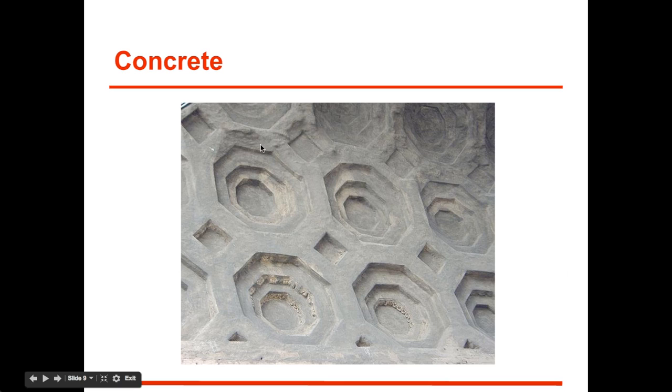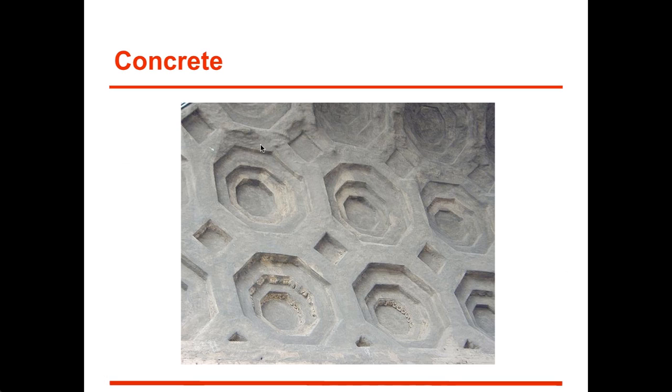Concrete. Concrete may not seem that impressive, especially as we have all of our buildings made out of steel and other seemingly more impressive substances today, but concrete was revolutionary. It's lighter and stronger than regular stone. And again, just take a moment to think about that. Not only is concrete lighter than stone, but it is stronger than stone. So as a building material, there was no comparison.